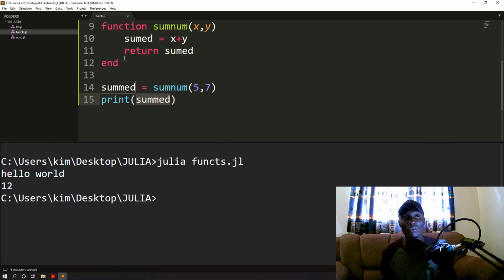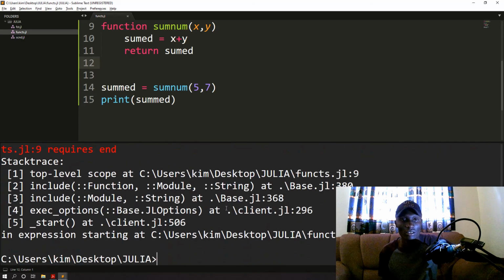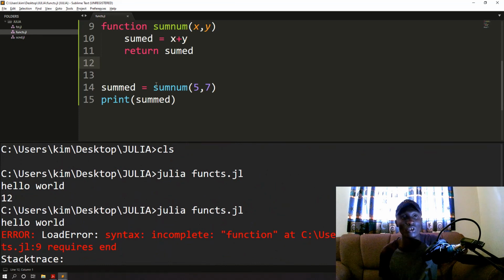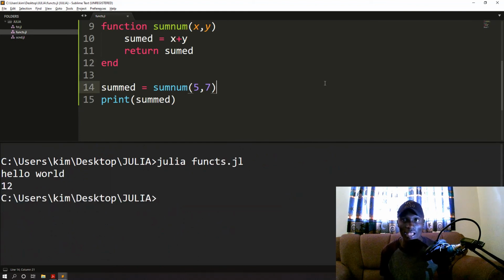So that is it, guys, about functions. Just remember, whenever you make a function, you have to end it. That is every block in Julia, and function is part of the blocks in Julia. So whenever you make a function, you have to end it. So you make a function, the name of it, and then end it, and then the code. That is the normally advisable way, so that you don't start forgetting this end. Because if you forget that end, it just causes an error. You see the error says incomplete function because you never ended it. You never told it that everything that was supposed to be inside the function ends over there. So that is why it threw an error.